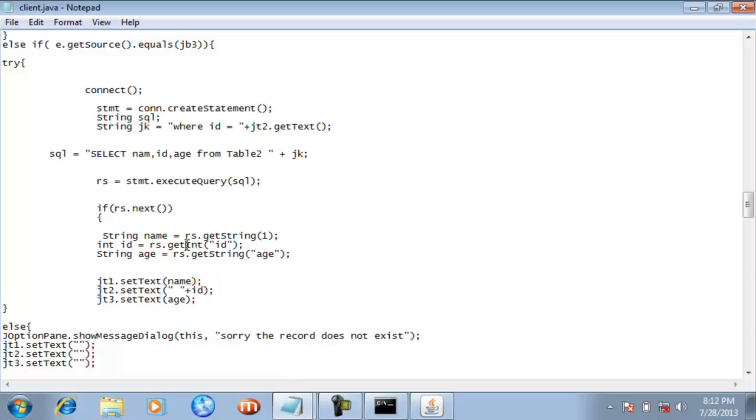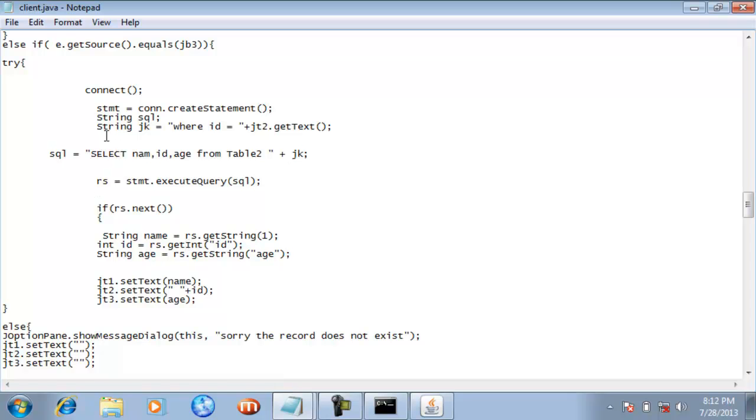So if you don't enclose them inside a try and catch block, then during compilation of this program you will receive an error. So it is very important to enclose these classes and interfaces inside a try and catch block for the safe execution of this program.